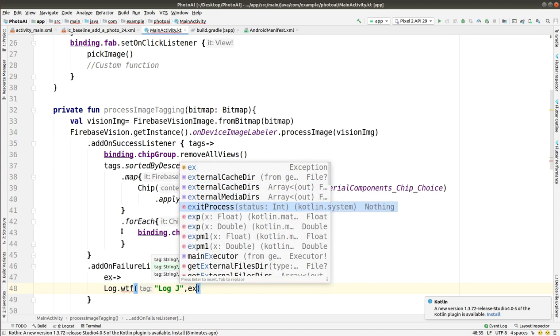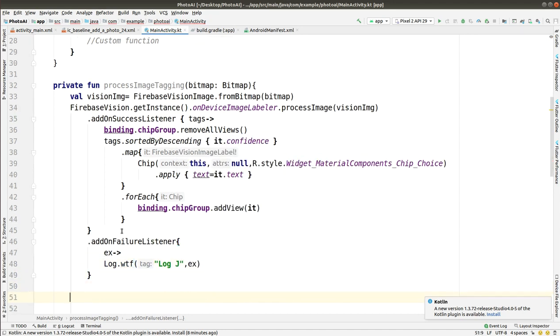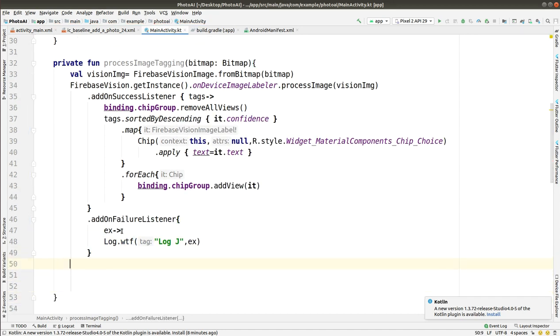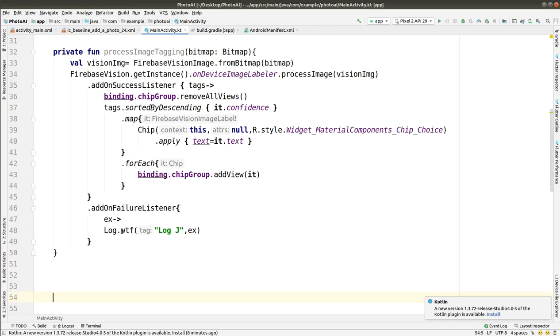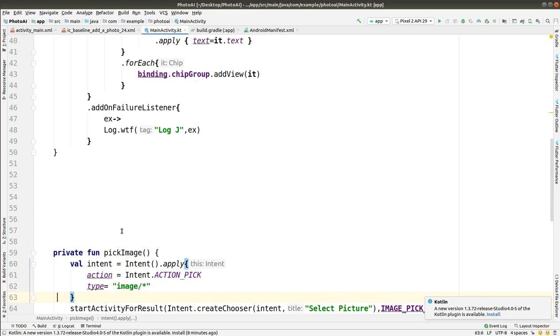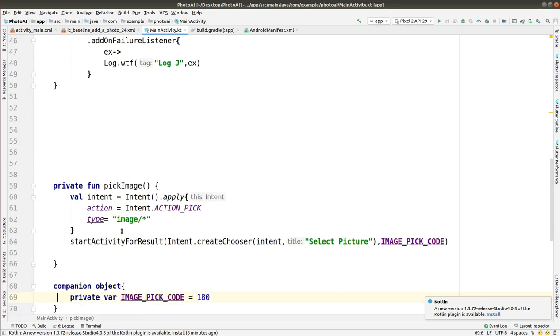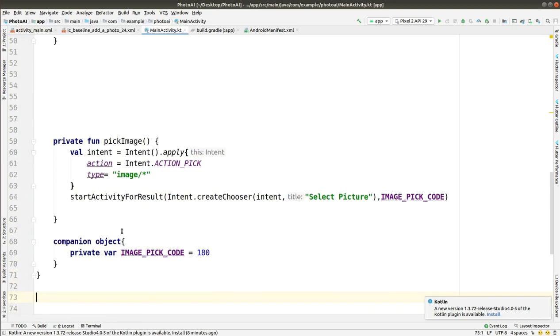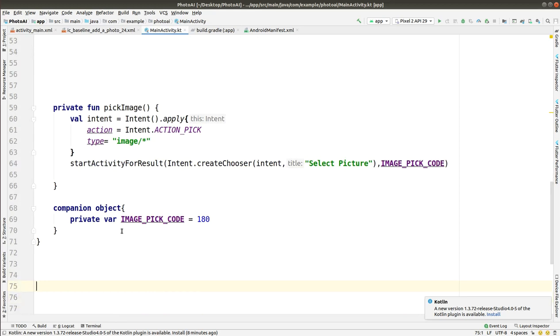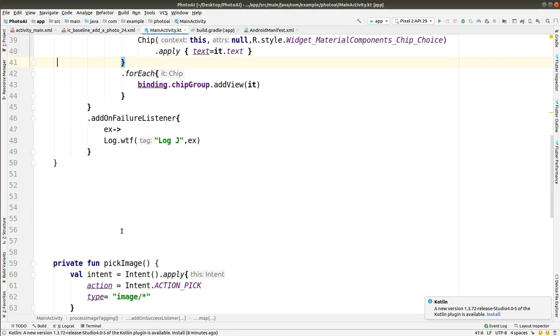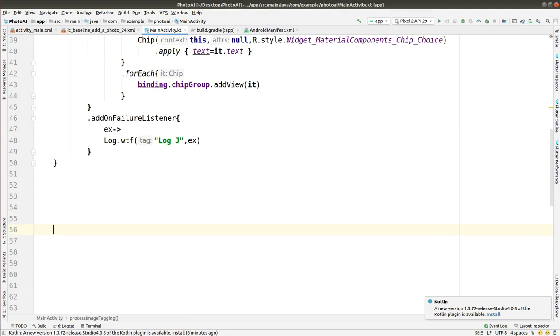You can set it just according to you, and print that ex. So it is almost completed. Please take care of the braces or the ending brackets of those functions, so that you can avoid errors in your class or function.